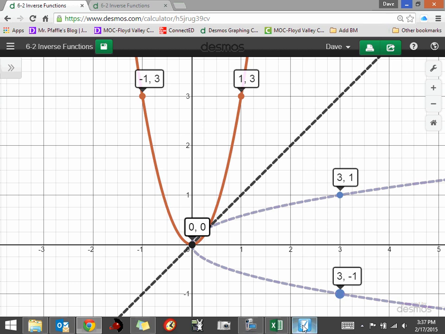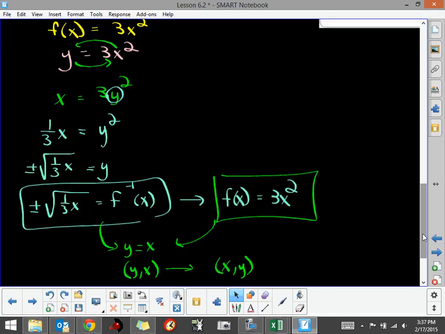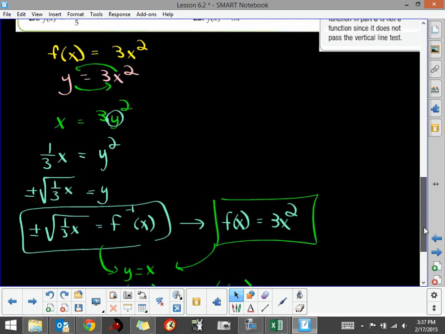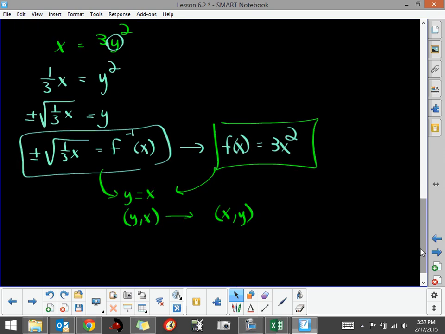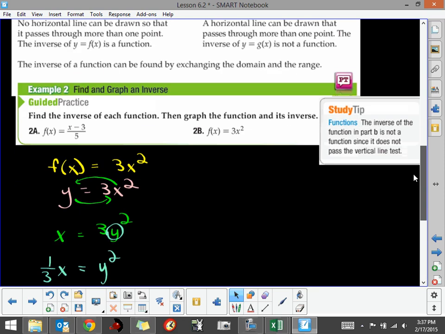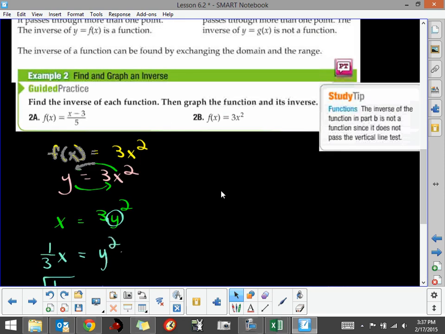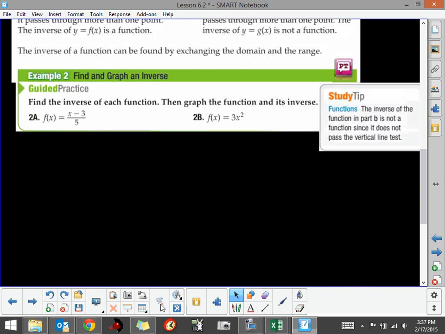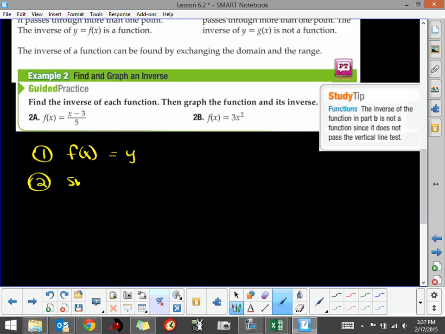And I've just shown you in this video how you can find the inverse function of any given function, and then how the graphs are related. So in recap, here's what we're going to do to find the inverse of any function. The first thing I'm going to do is replace f of x, g of x, or whatever with y. The second thing I'm going to do is swap, for lack of a better word, the roles of x and y. So we're going to interchange those. Third thing we're going to do is solve that equation